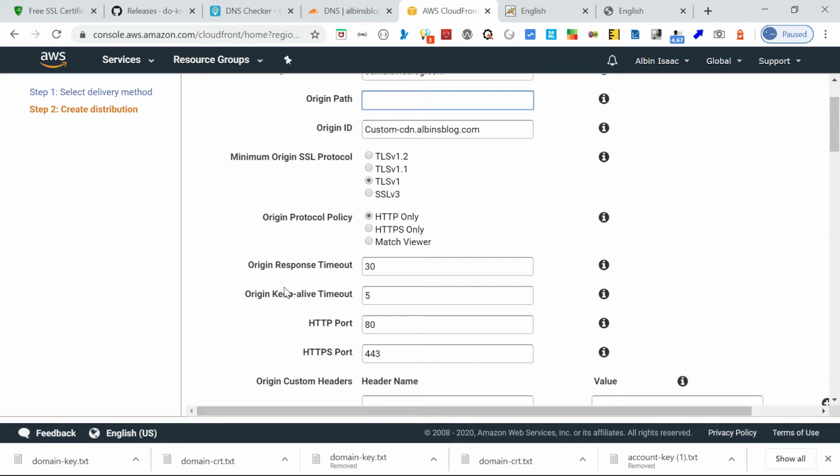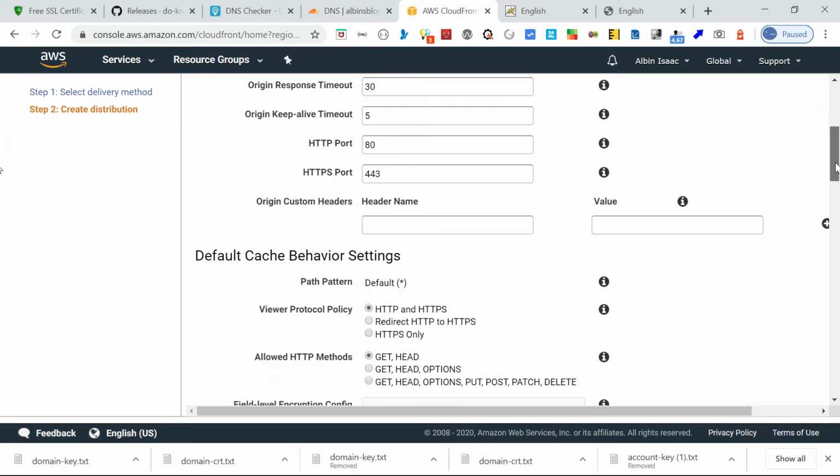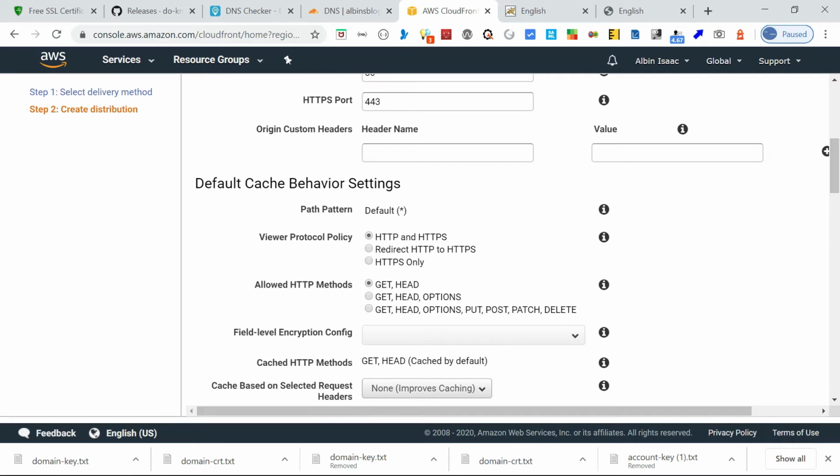If you want, you can change this origin response timeout and all these values. The HTTP port, in my case, is running on 80, so I'm not going to change it. Then, for viewer protocol policy, I'm going with HTTPS because I already installed the certificate. I am going to enable redirect HTTP to HTTPS, so if somebody accesses my URL through HTTP, it will get redirected to HTTPS.